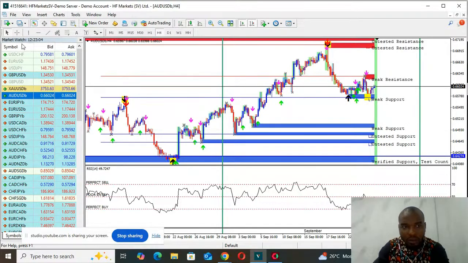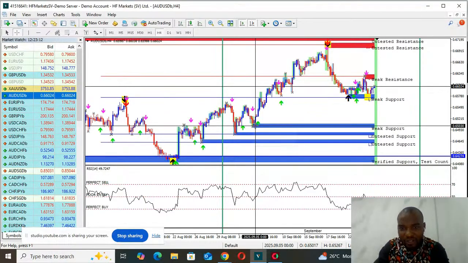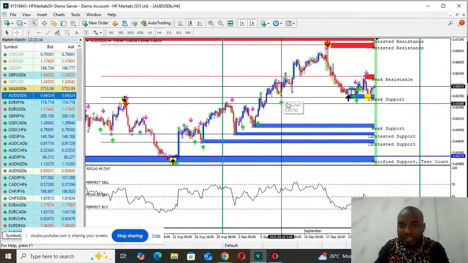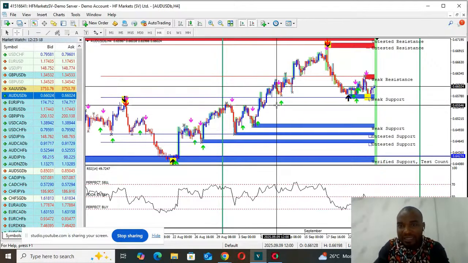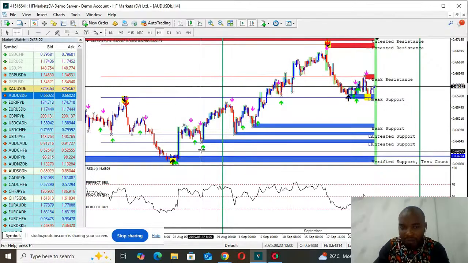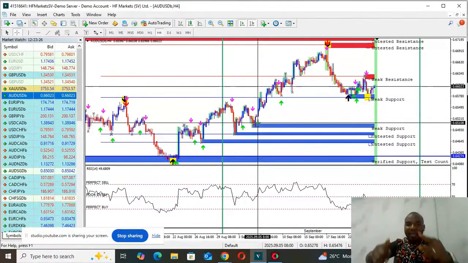You go. Again, price came back to a zone. As it came back to a zone, the arrow appeared. Join again. Price came back to a zone, arrow appeared up. Now I'm not going to join this one. You know why? There is no zone here. So you have one, two, three, four. Four entries on one pair.